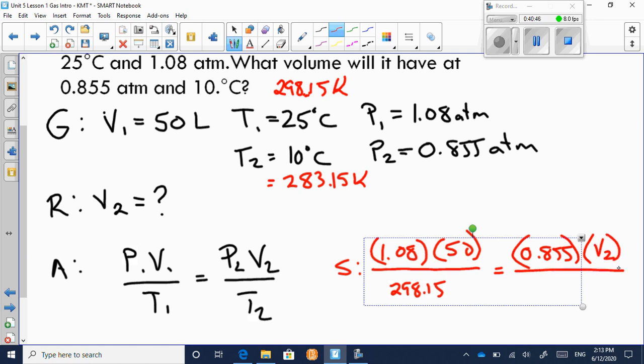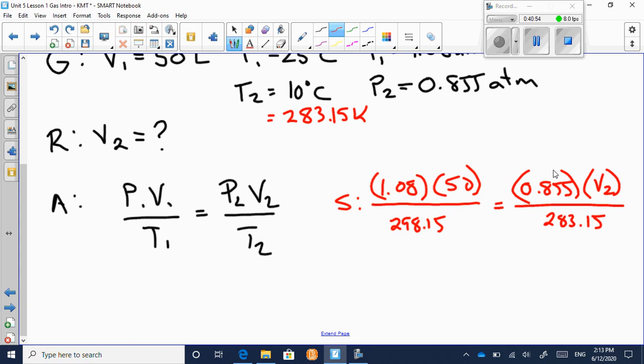I'll just leave it as V2. And then divided by 283.15 Kelvin. Okay, so my units are the same on both sides. So what I'm going to do to isolate V2 is multiply the 283 up to the numerator, and the 0.855 comes down to the denominator. So V2 is going to be equal to 1.08 times 50 times